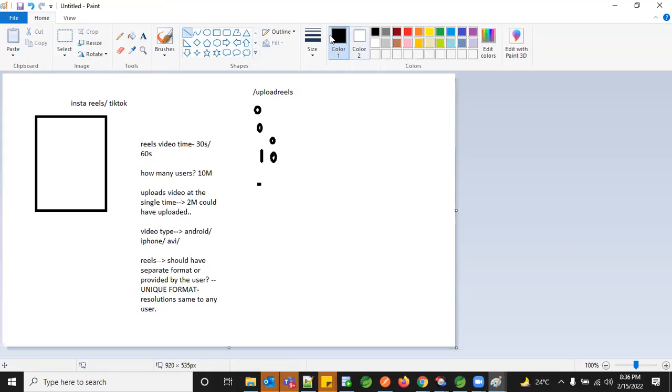Everyone is trying to upload using the upload endpoint. So there are multiple requests coming into the program. So this is your program. This is your upload Java file.